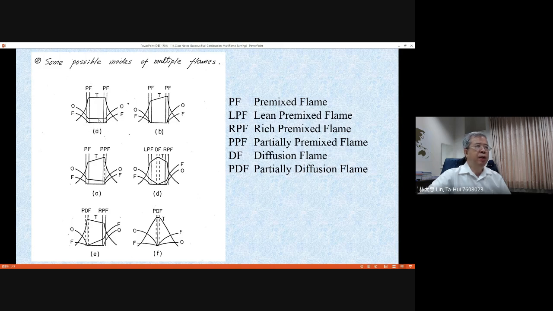The downstream side means the center region where these two premix flames exist, and you can expect the stagnation plane will just sit in the middle. This is case A for you to understand. Now you have two lean premix flames existing in your opposed jet flow. Now think about whether we can change the